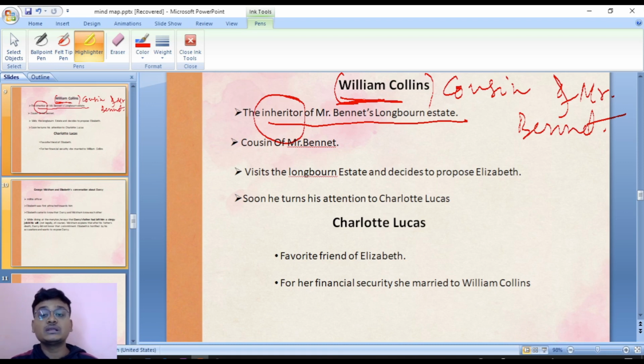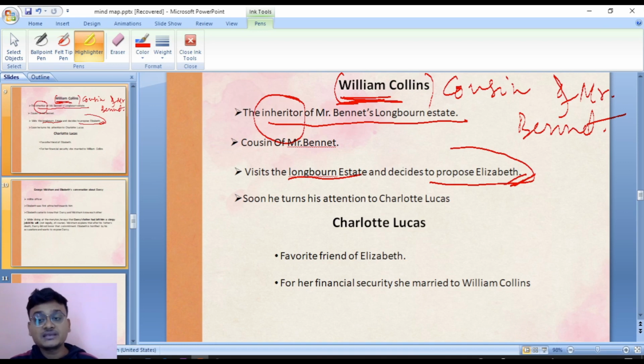So who was the cousin? William Collins. One day what happened? William Collins visits the Longbourn Estate and decides to propose to Elizabeth. Elizabeth को propose करने को decide किया. But what happened